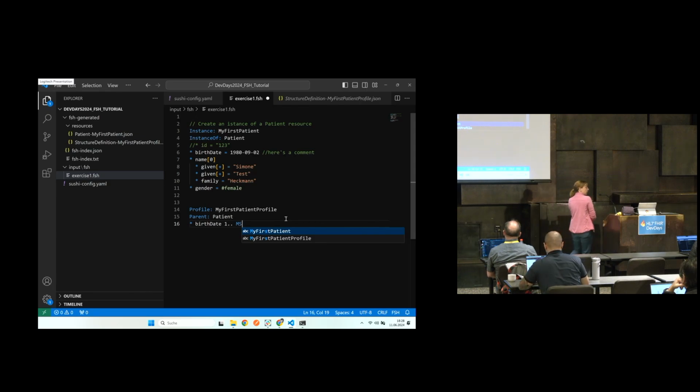You can also assign must support flags without changing cardinalities. For example,